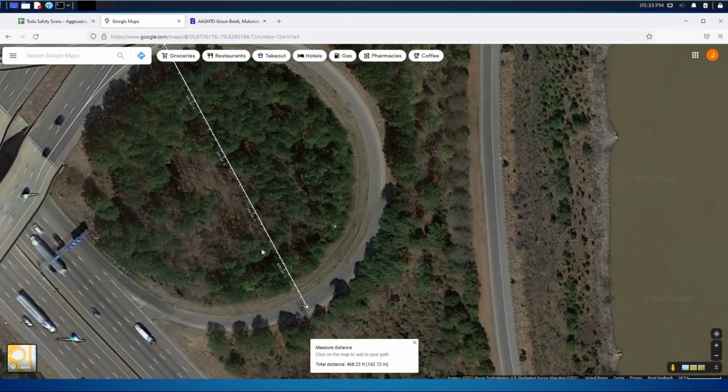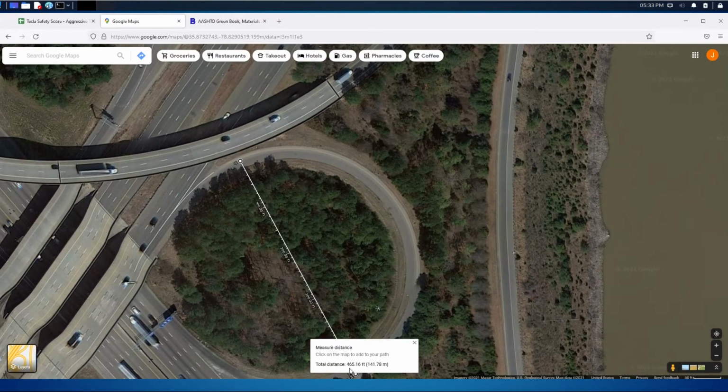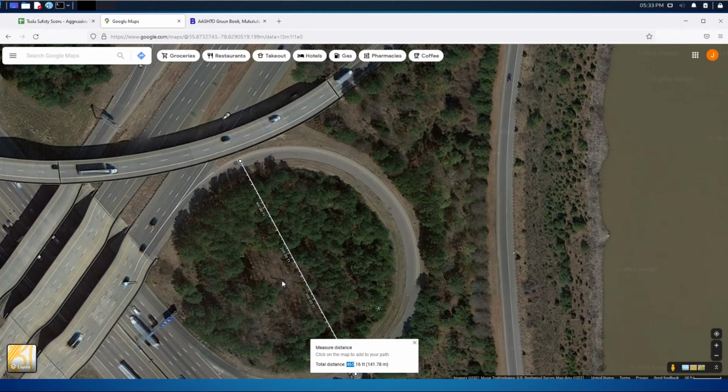And I'm going to go just inside. I'm going to zoom in and make sure that I'm just inside that edge. And then I'm going to look at my distance. And here I see it's 465. So I'm going to use that value in the spreadsheet, and I'm going to put that in the first diameter section, 465, and then I'm going to go back to the map, and I'm going to reposition the ends of